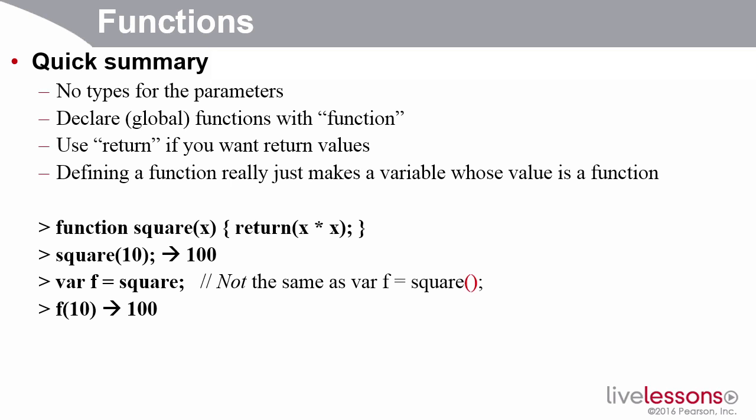Okay, so a really quick example. I define the function called square. I use the function operator. I declare a parameter, but I don't give it a type. I don't say it's a whole number or it's a string or it's an array. I just say it's x. And I use return to give the value back from the function. And I can make a new variable called f and point it at the old value, and then f and square are synonyms. This is confusing,